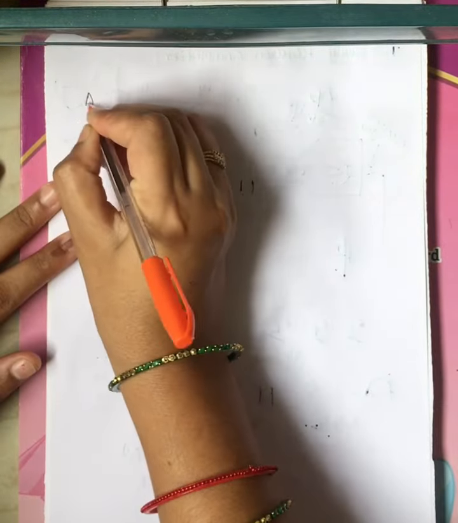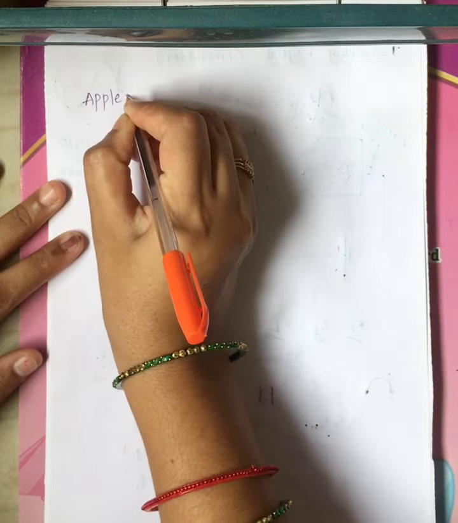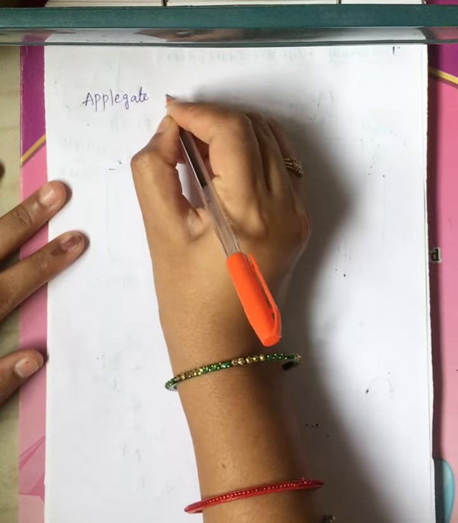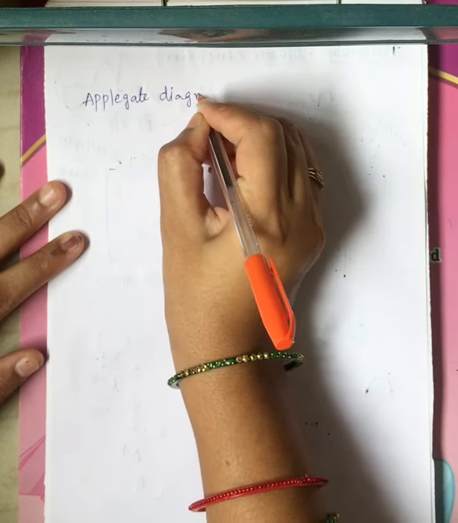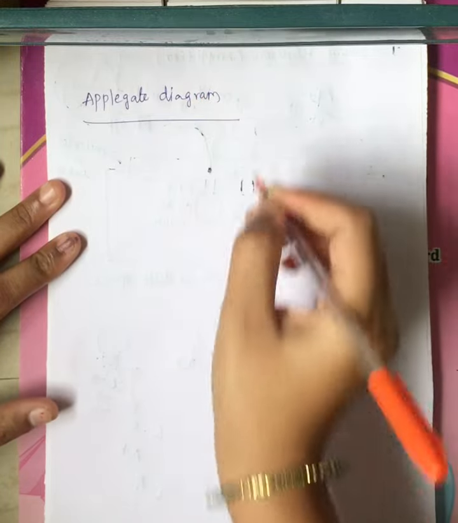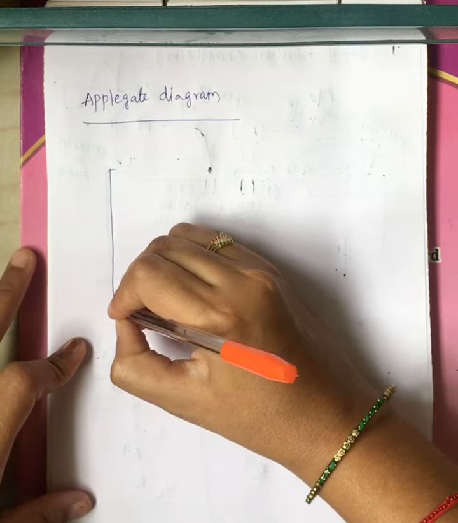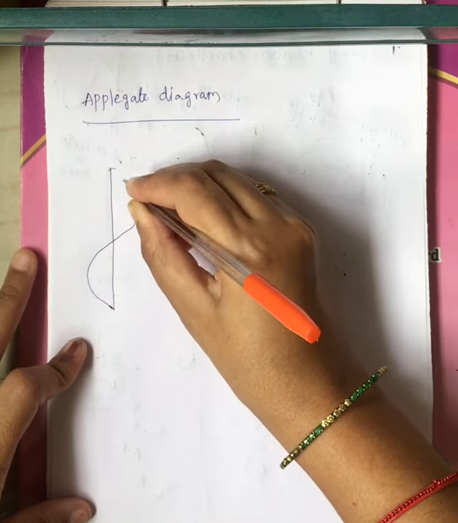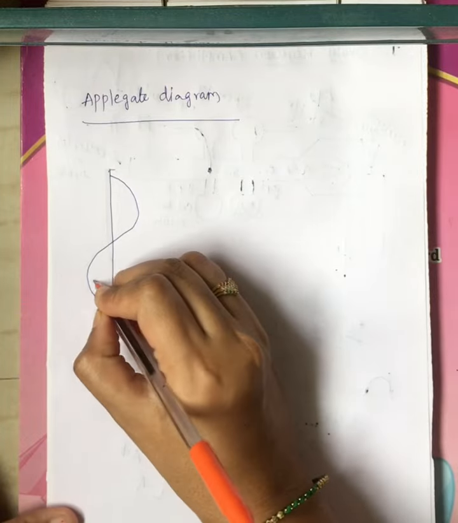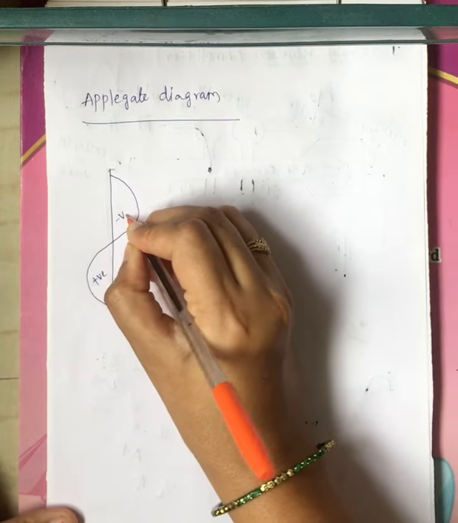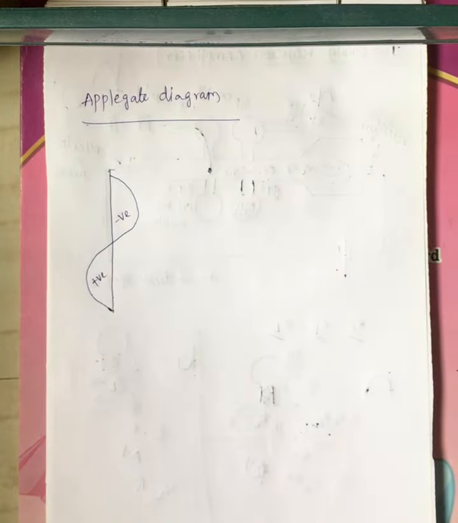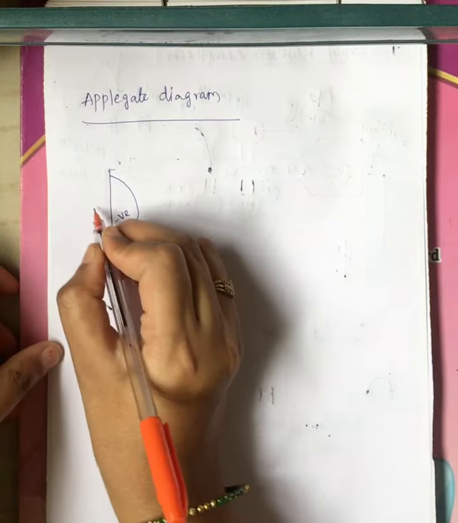Now let me explain this through the Applegate diagram. This diagram will give you a clear idea of the two cavity klystron operation, right? Let me draw it first. This is your RF input signal, with a positive half cycle and a negative half cycle. This is the RF input signal that you want to amplify, right? Now consider